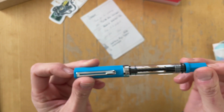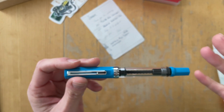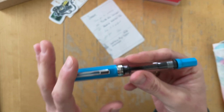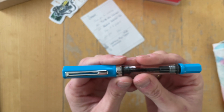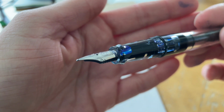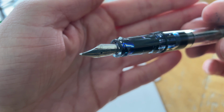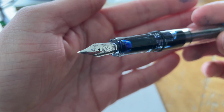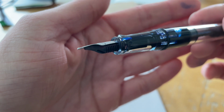I tested out a reverse architect nib at the pen show. I liked it. I wasn't sure if that's something that I wanted, but my friend actually got a reverse architect nib ground onto a Twsbi at the pen show. And when I met her later, I was able to write with that pen, and I really enjoyed the writing experience. So I decided, you know what? The next time that I want a Twsbi, maybe I can get it from Kirk and then have that ground